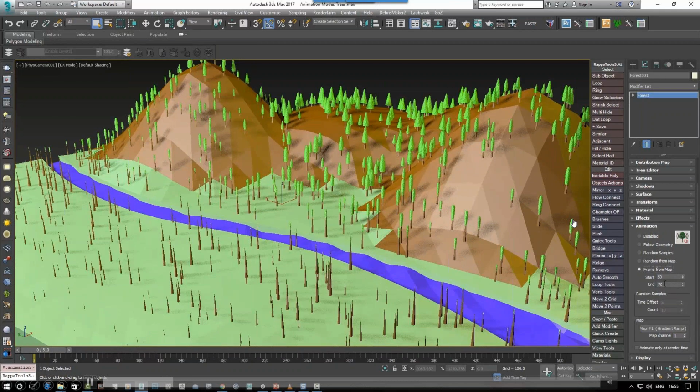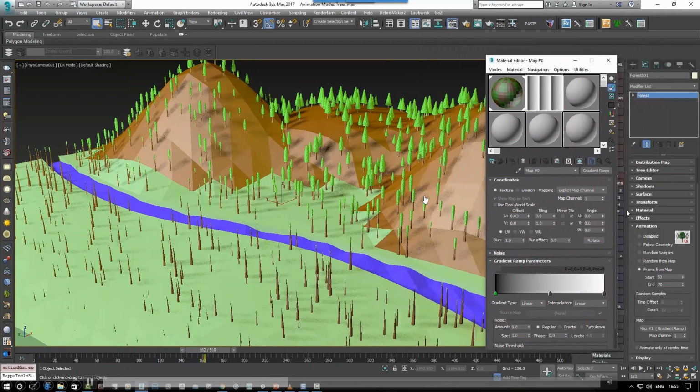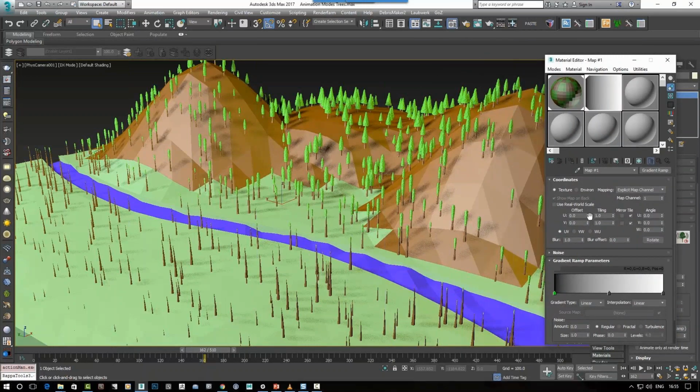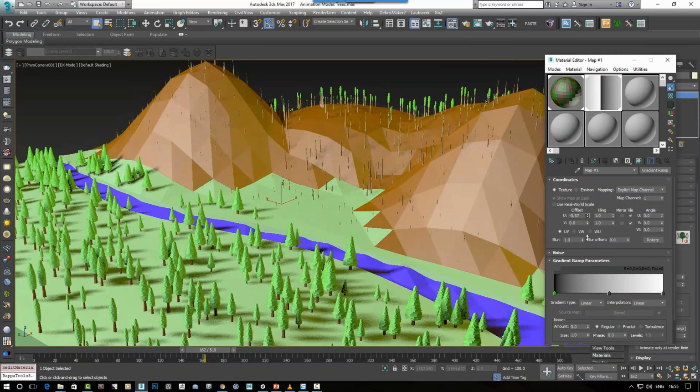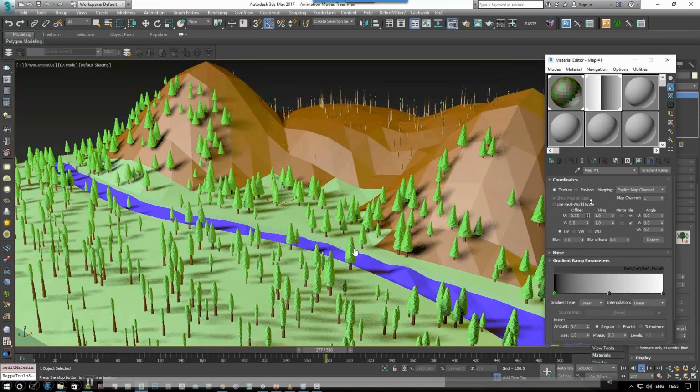So frame from map mode also uses a grayscale, but now we have a start and an end point, and the grayscale map has to change in order for the animation to change. You can see here it's locked in because I've got this gradient ramp in here, and because the gradient ramp isn't changing, the animation isn't changing. However, if I were to animate the offset of the map, then you can see the animation also updates. So that's how that works. And those are your four